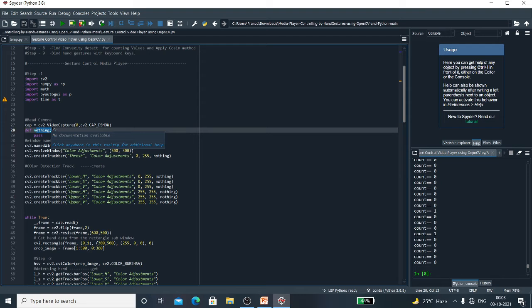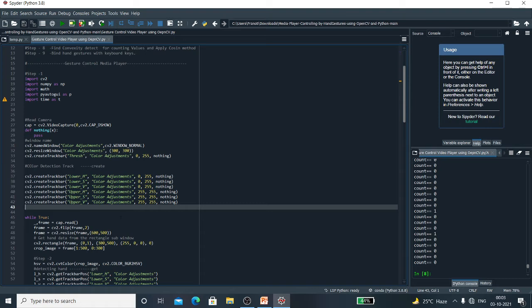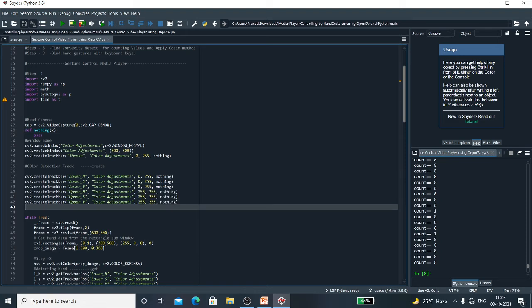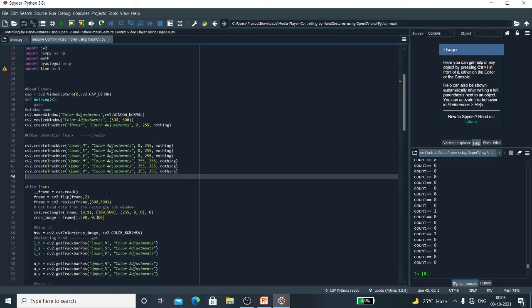Here I have created the track bars, passed the range and fixed them on the color adjustment window. It's an optional part. You can skip it too, but then you have to pass the color values manually, so it's better to use this approach.